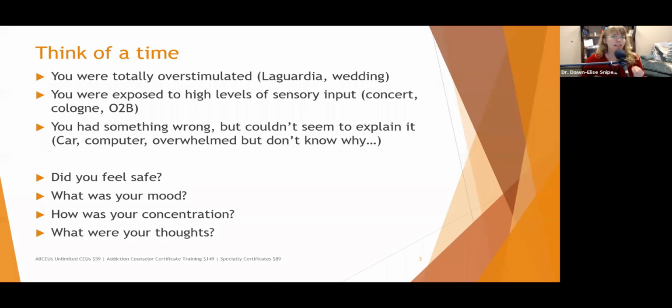These are very common issues for people who are on the spectrum. They can get overstimulated very easily or understimulated. High levels of sensory input can be traumatic for them, especially somewhere like LaGuardia or a football game or something. You can feel unsafe in these sorts of situations. So the person with autism may feel unsafe, and that's one of the first aspects that contributes to traumatic injury.